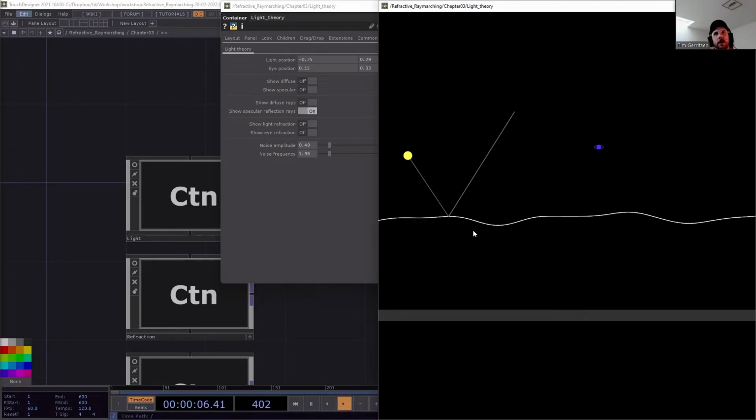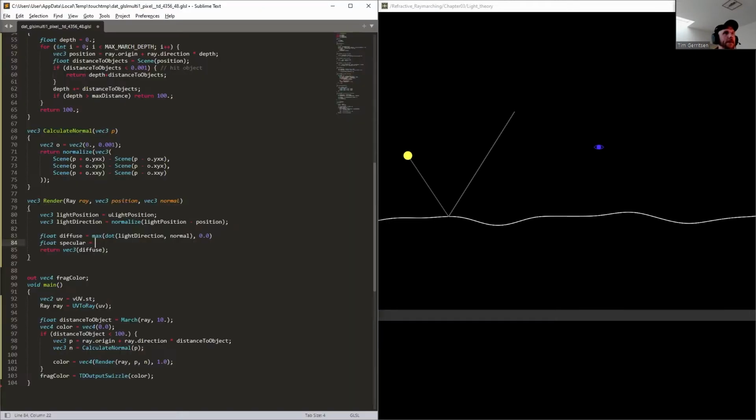How we do this is super nice with GLSL, because we don't need to do any math. There is a function called reflect, and it gets two factors: the light direction